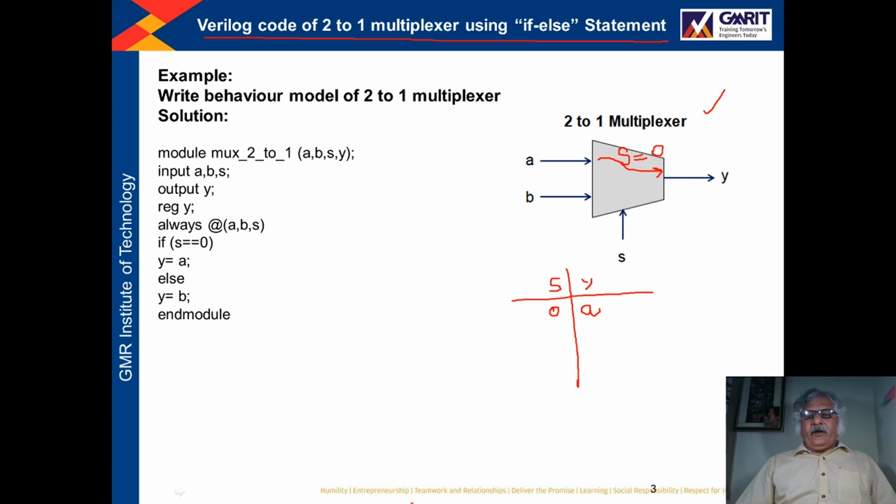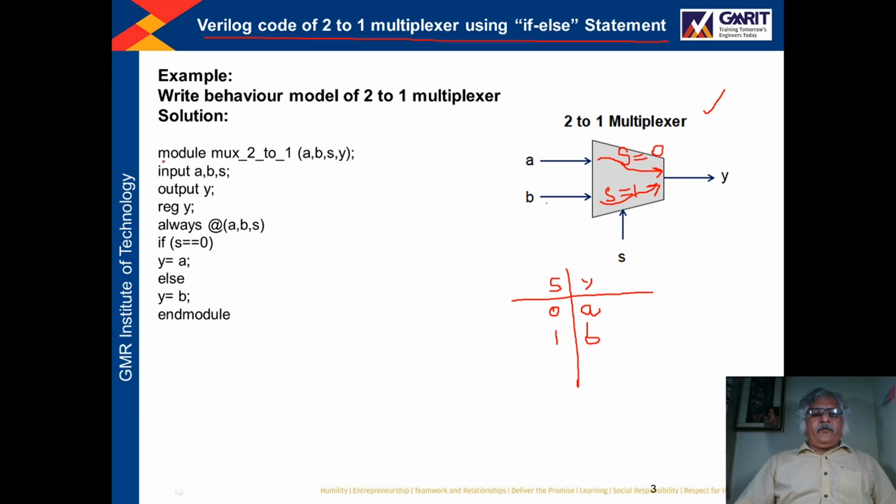Otherwise, if S is 1, then output Y will get the value B. So B will be transferred to Y if the value of S is equal to 1. This is the working of this multiplexer.